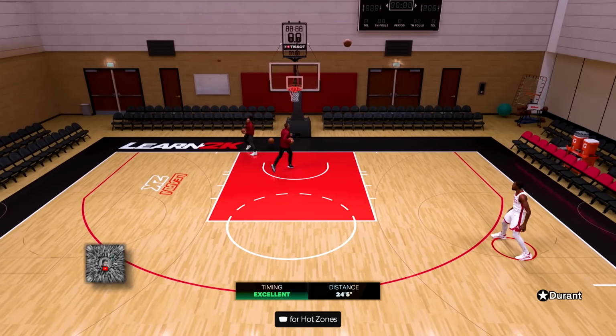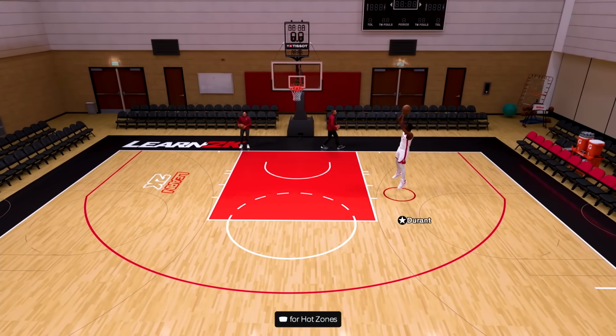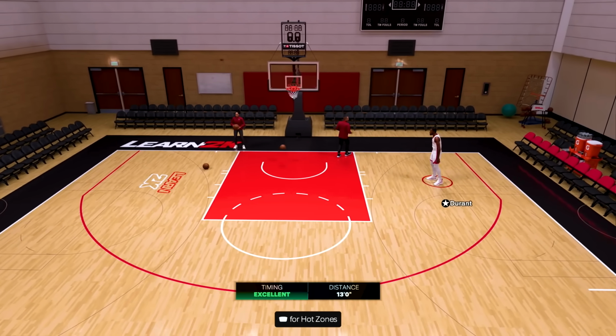Right now, we're just starting with some easy catch and shoots. We're doing no dip shots, going into regular catch and shoots, and now that sequence that you just saw right there is Kevin Durant's new signature go-to shot out of a face-up, and now we're getting to his post go-to